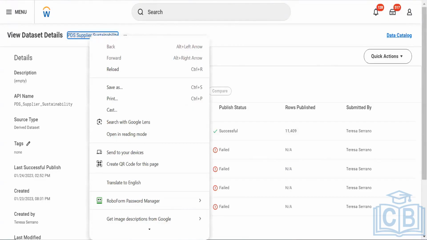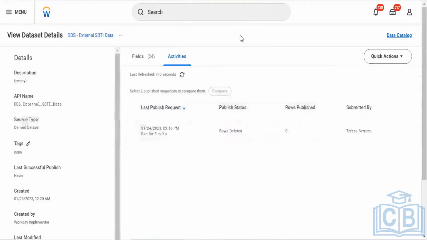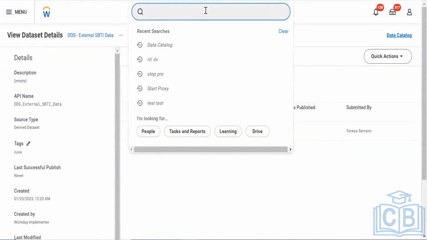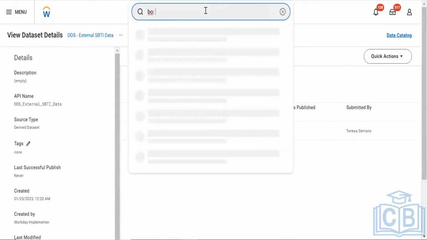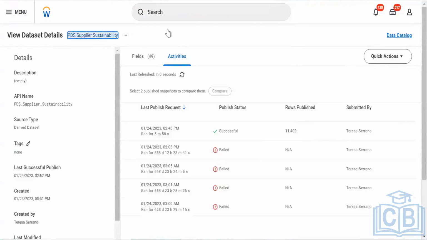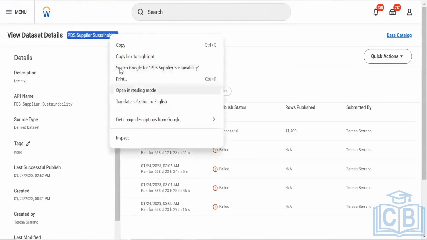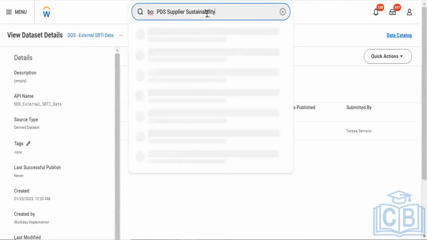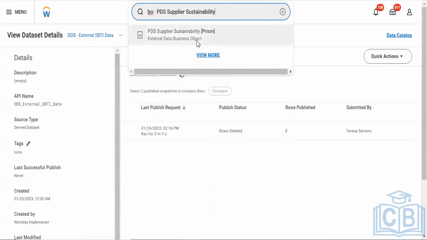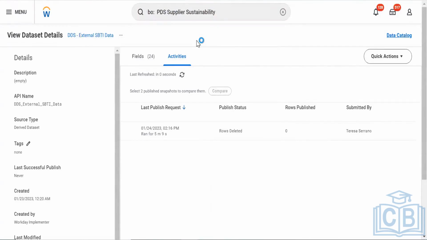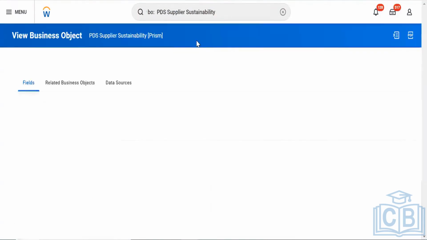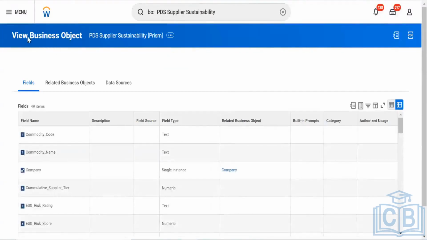And how can I double check it? I can go to, let's say, business object and search. Here, if I go to view business object, I will be able to see this business object as PDS supplier system to Prism.